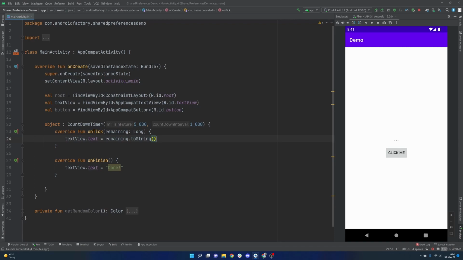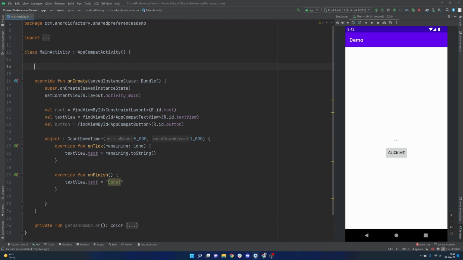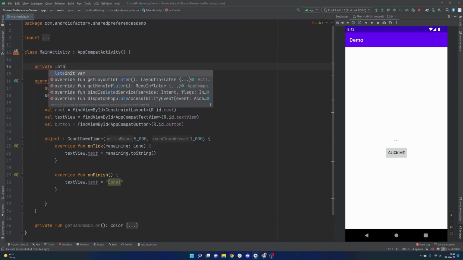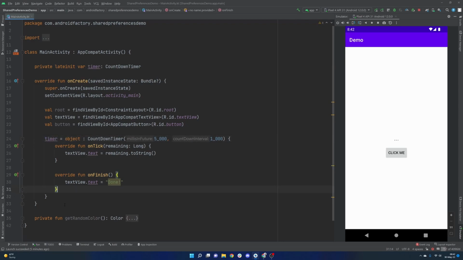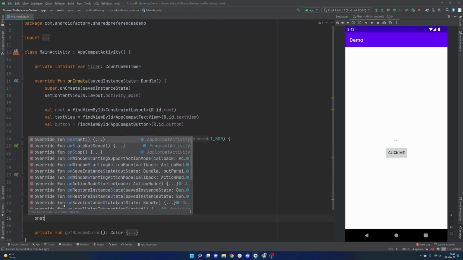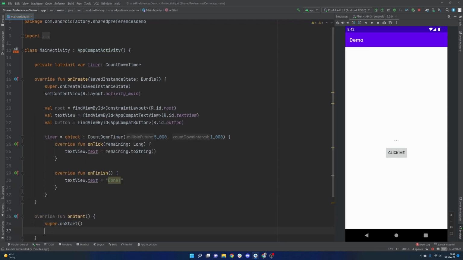And we could run it and this would work just fine, but we are putting this inside of the onCreate here, so just a little bit of Android awareness. It's probably best to do this outside of just immediately onCreate because the user doesn't necessarily see the application at this point. So we're going to go ahead and assign this to be a lateinit var. Let's just call it timer. It'll be a CountDownTimer. And inside of the onCreate, we will initialize this here, but we're not going to go ahead and start it or do anything. And instead, we're going to, in onStart, we can call